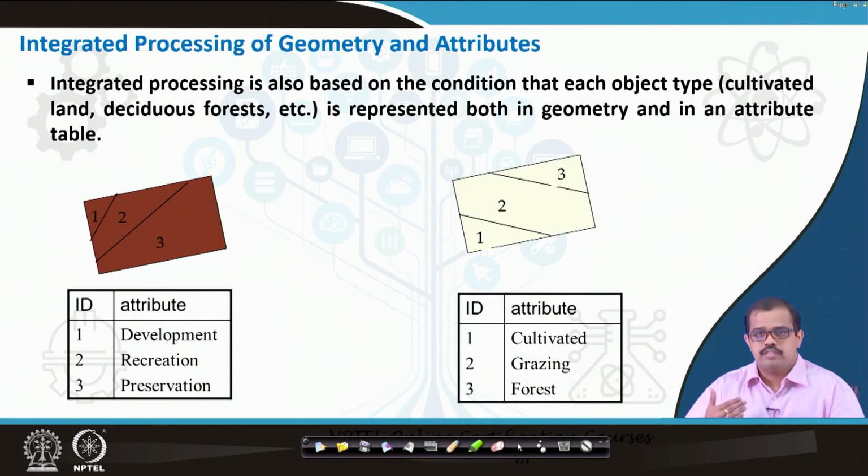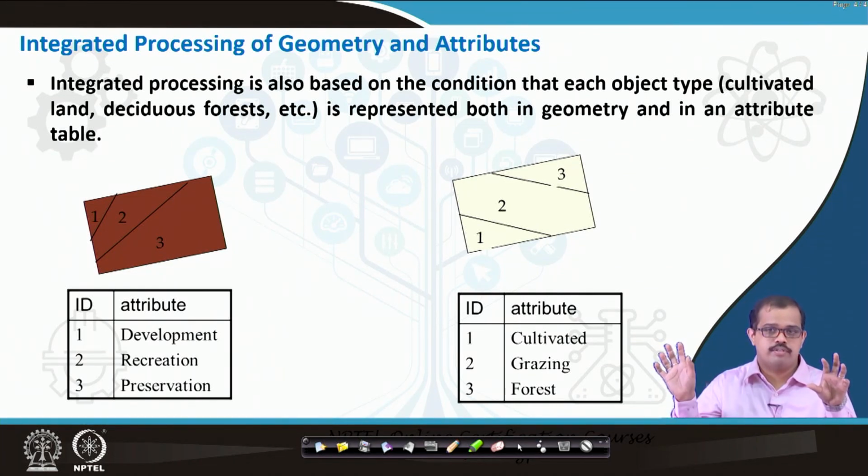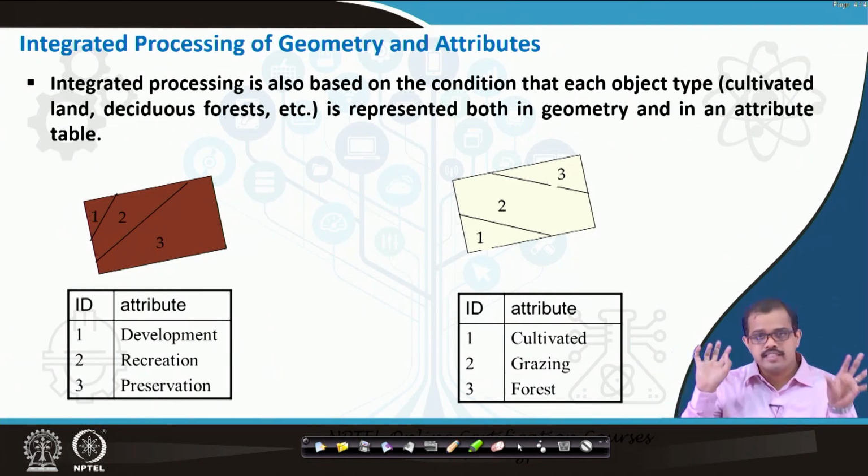Now once we have understood classification, how do you actually integrate geometry and attributes for processing your data? Integrated processing is based on the condition that each object type is represented both in geometry and attributes. So when you are looking at integrated processing, you should have both geometry and attribute values. If any one of these is missing, then your integrated processing may not happen the way it used to happen.